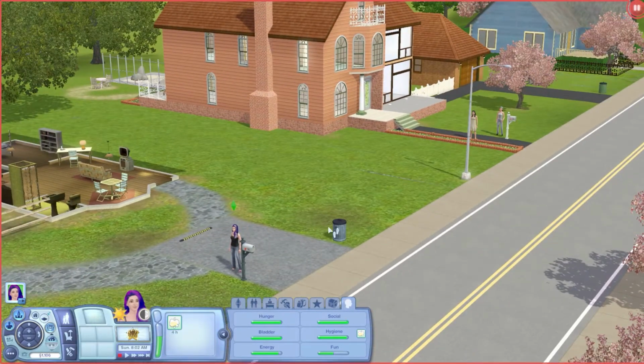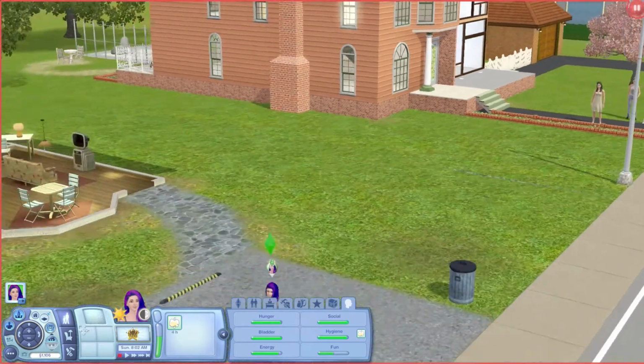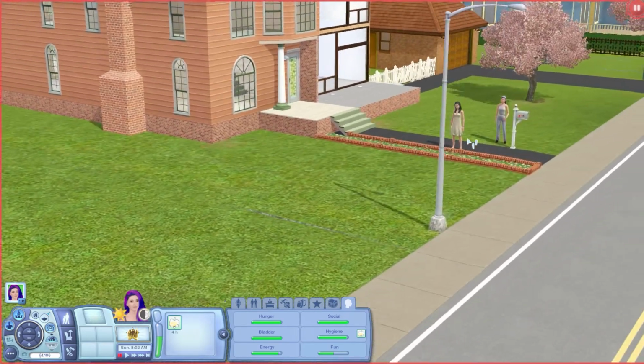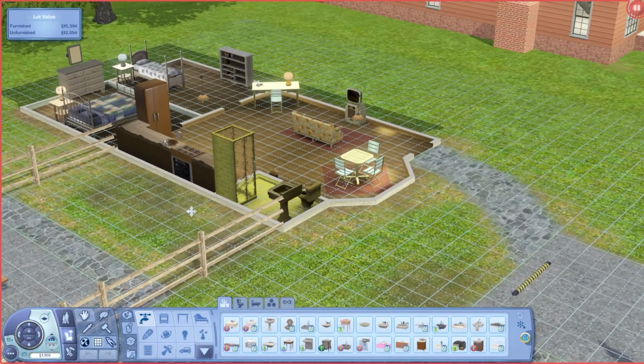Hey, we could even meet our neighbors right now. Why don't we do that? But actually, ooh, there's a sim I wanted to have kids with first. Yeah, I mean, if we go over here, I don't think we'll have to have a babysitter. We'll meet them. Okay, we'll meet them. But what I want to do is